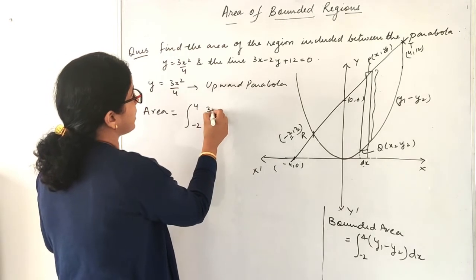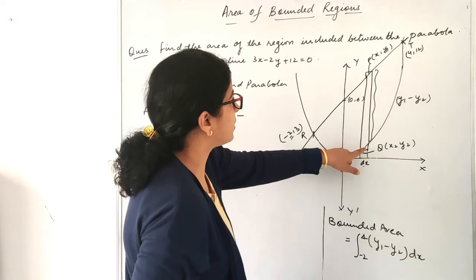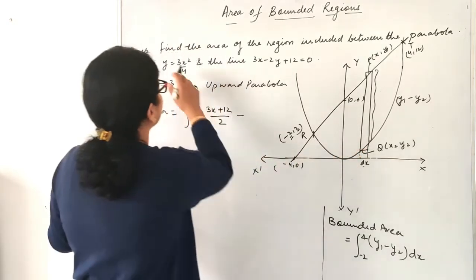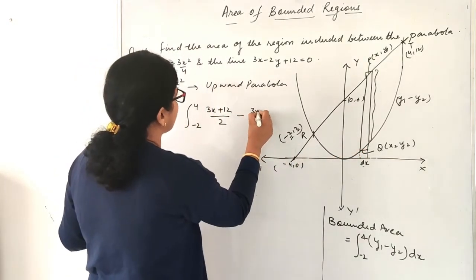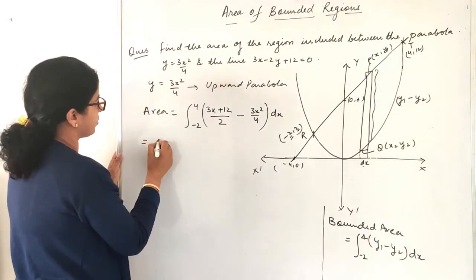So it will become 3x plus 12 by 2 minus y2. Y2 is on the parabola, so we'll get the value of y2 from the parabola, so that is 3x square by 4 dx. Let us integrate and substitute the value. So it will become